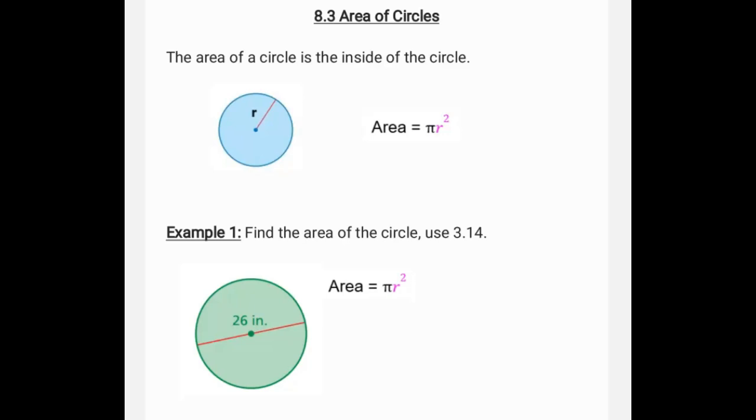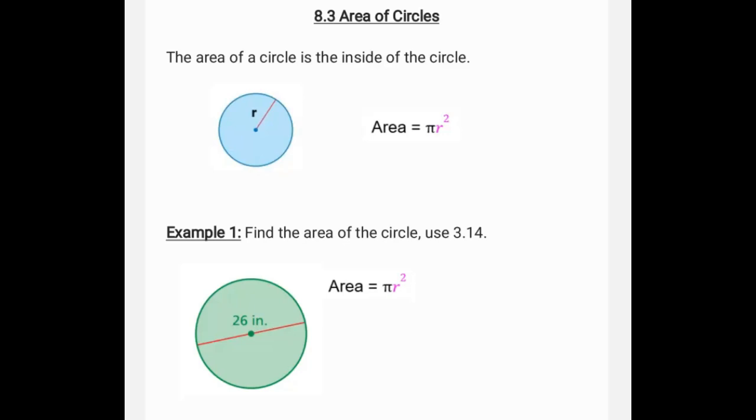And if you notice the formula in this case, there's only one formula. It is area is equal to pi times r squared. So we need to find the radius in this case. And if you have a diameter, then like the circumference, we talked about that, we can divide diameter by 2